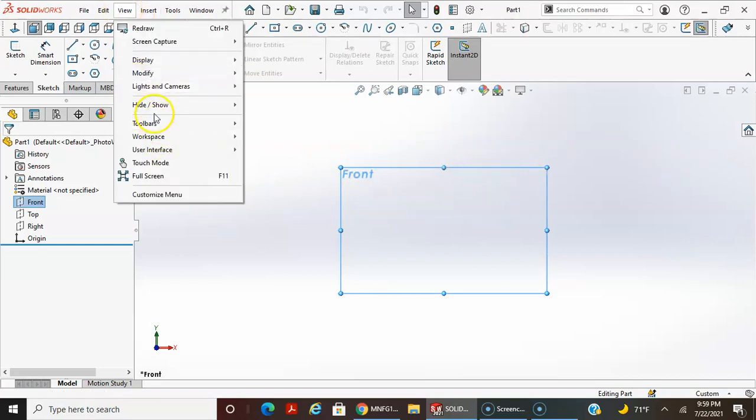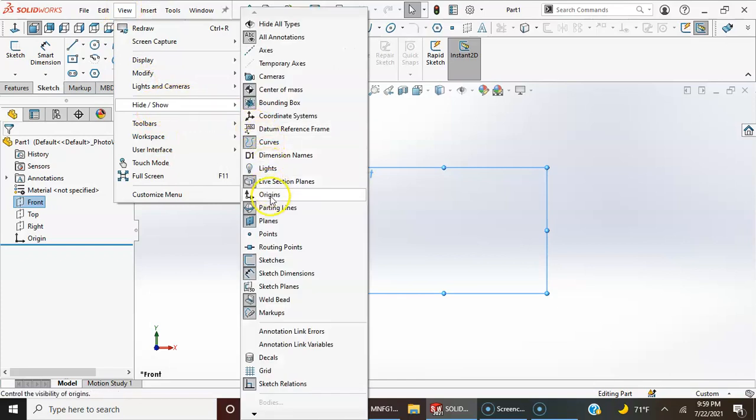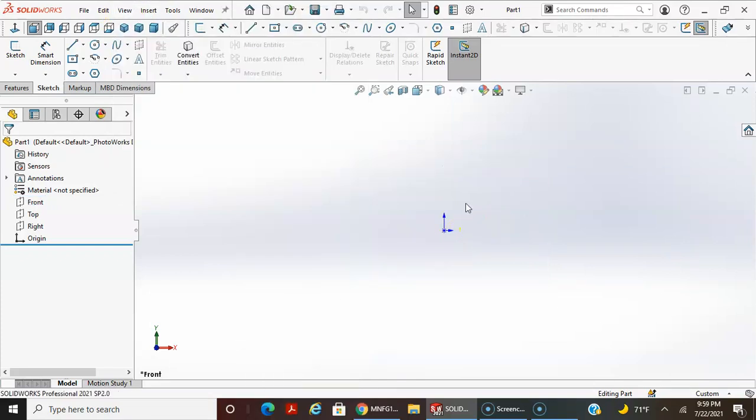I'm going to go view, hide show, and then I'm going to turn on the origin. So the part origin here shows. I didn't create that yet. Now if I rotate this around, you can see they call this the trihedron here, and the part origin also moves when I rotate, when I hold my wheel mouse down and rotate. So I'm going to start sketch,